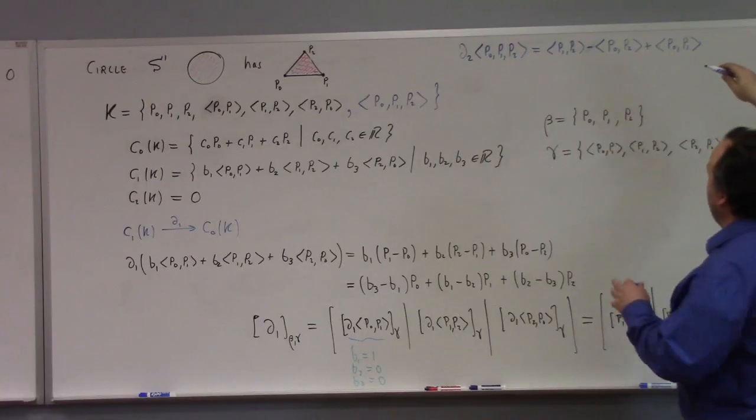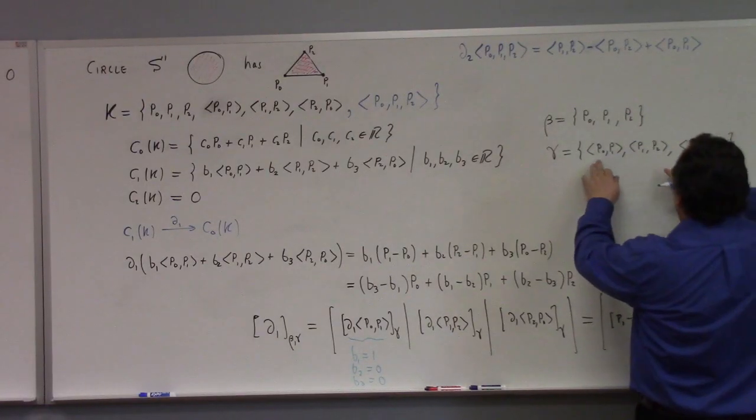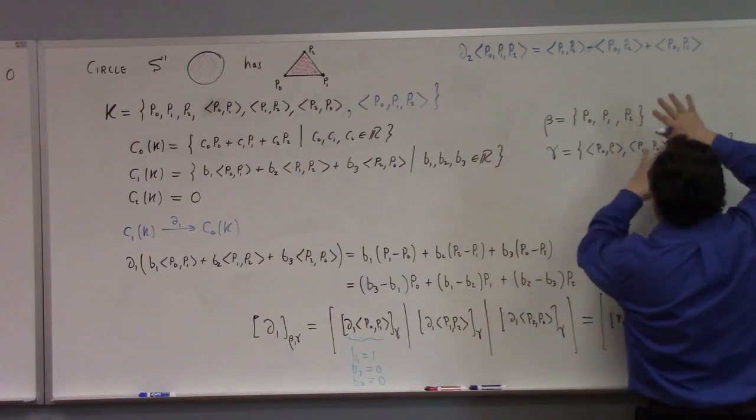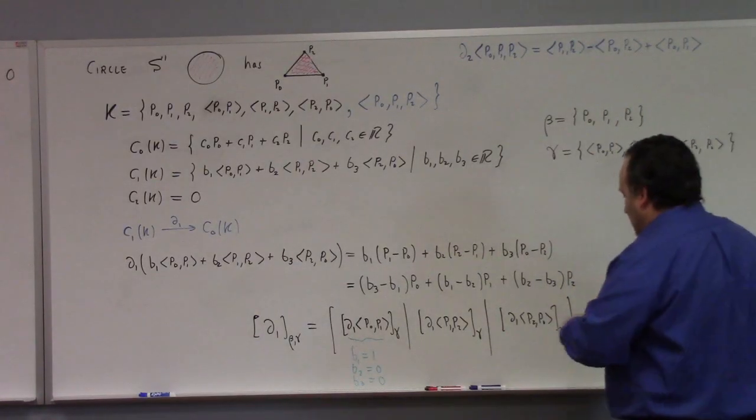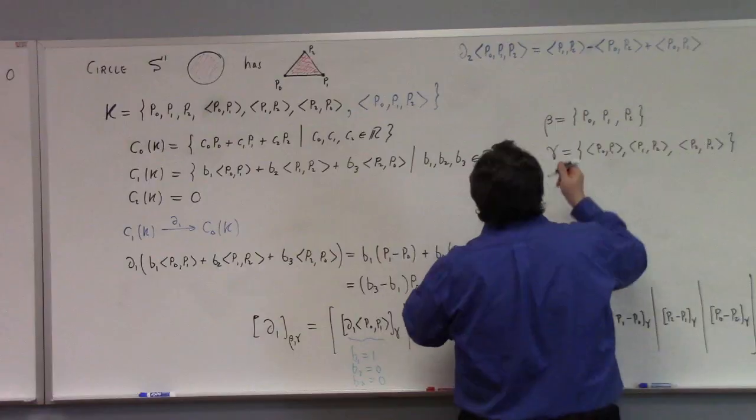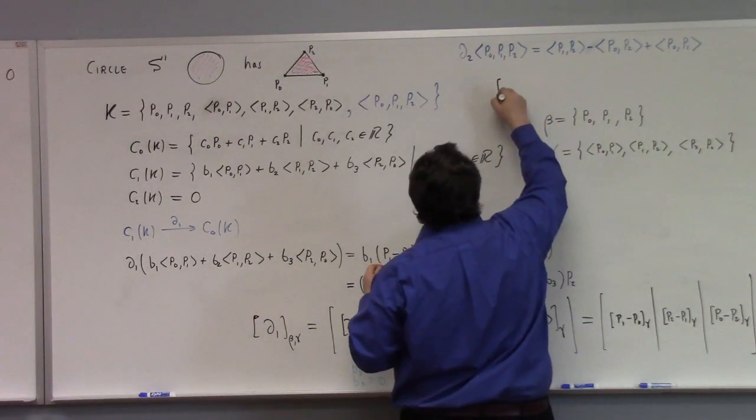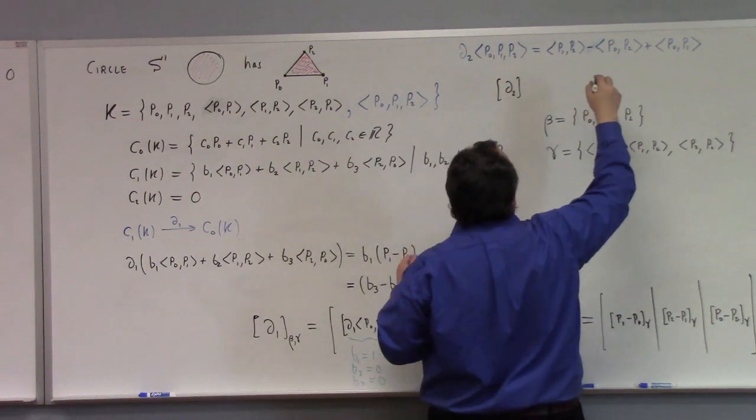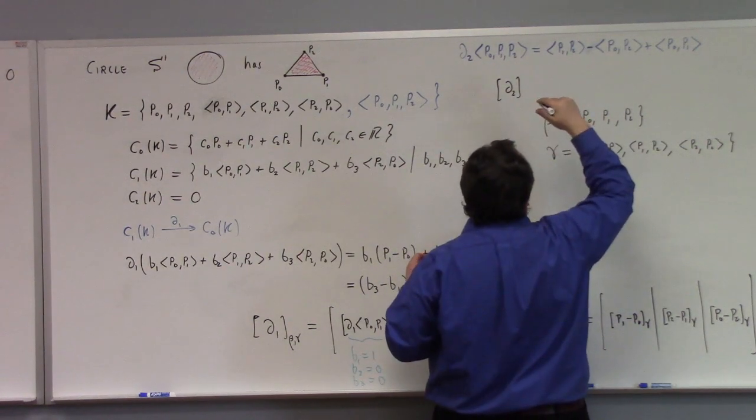Now let's look at how does that compare to my basis here. It's a little bit funny. Let's see if we're smarter now. Can you tell me what the matrix is of the boundary 2 operator with respect to, let us say,